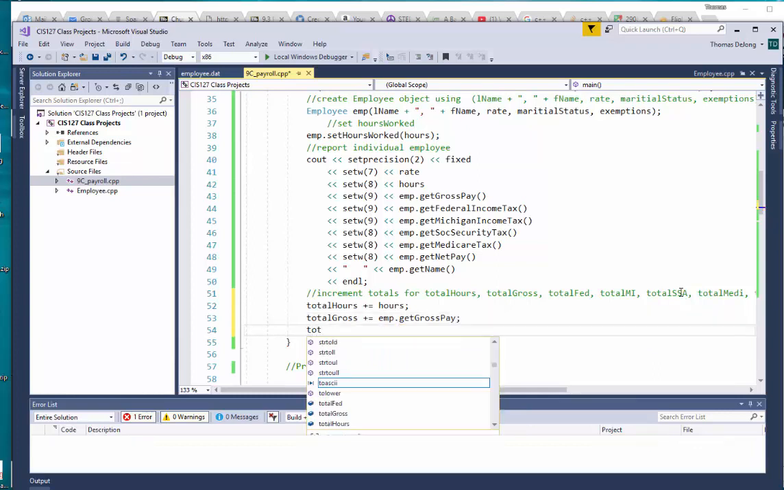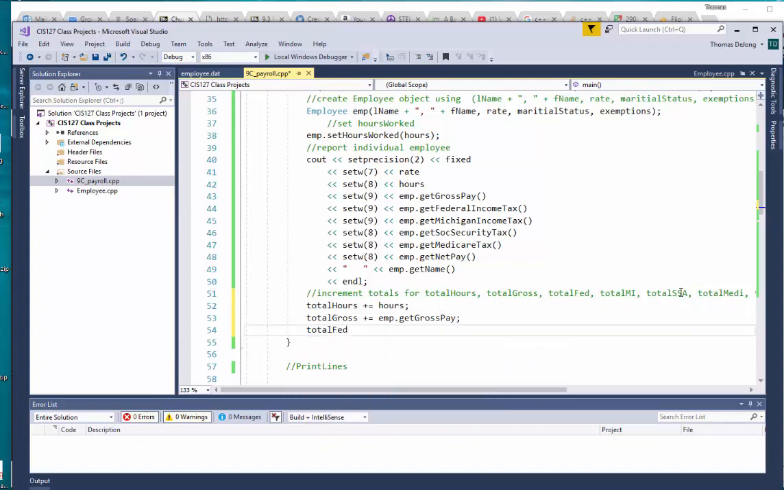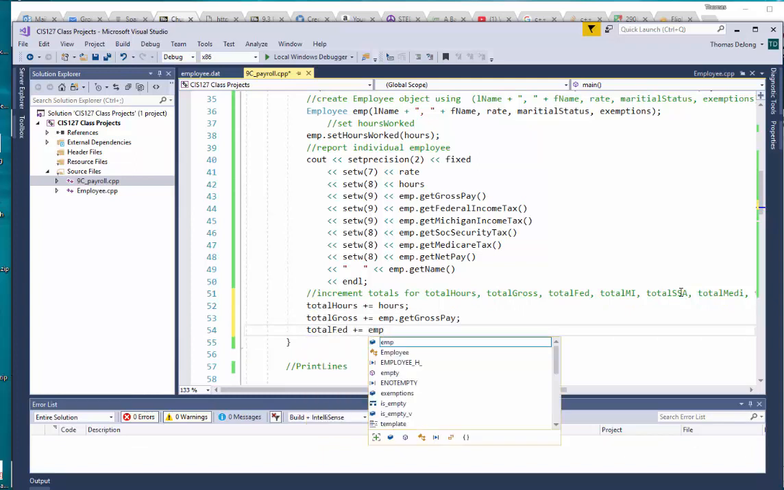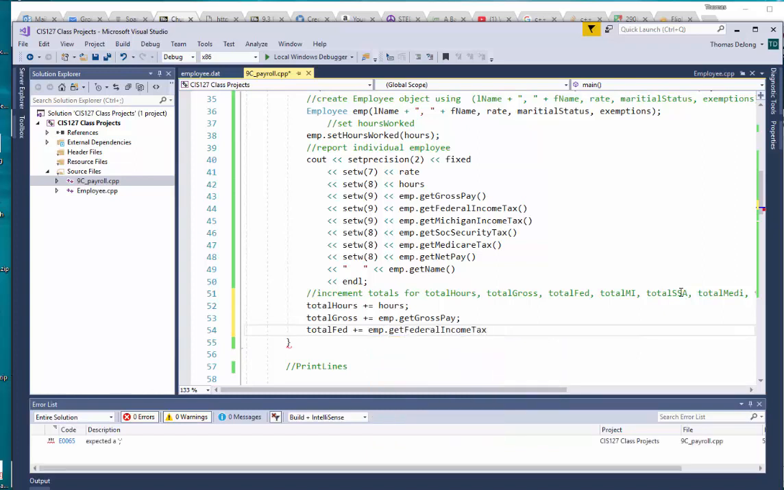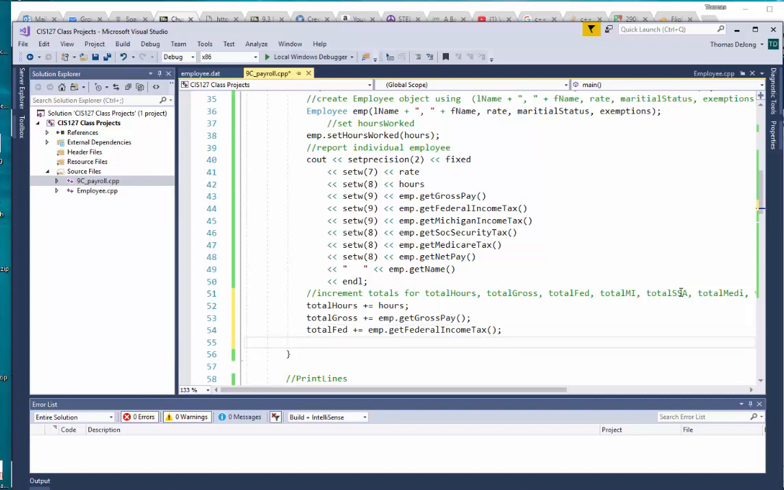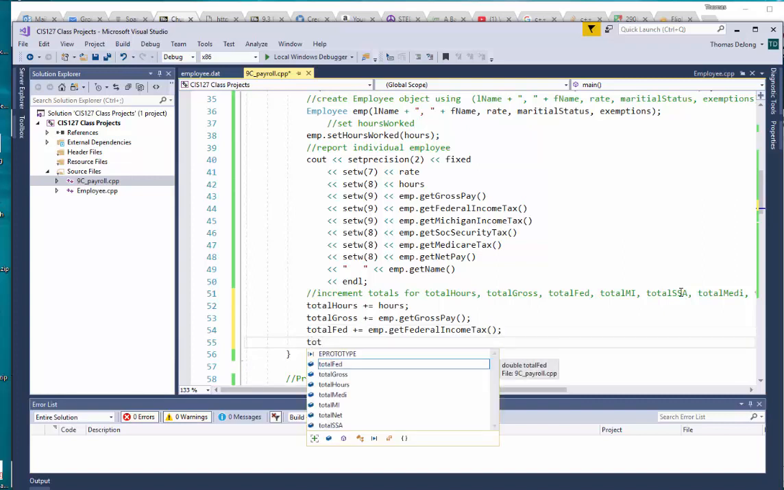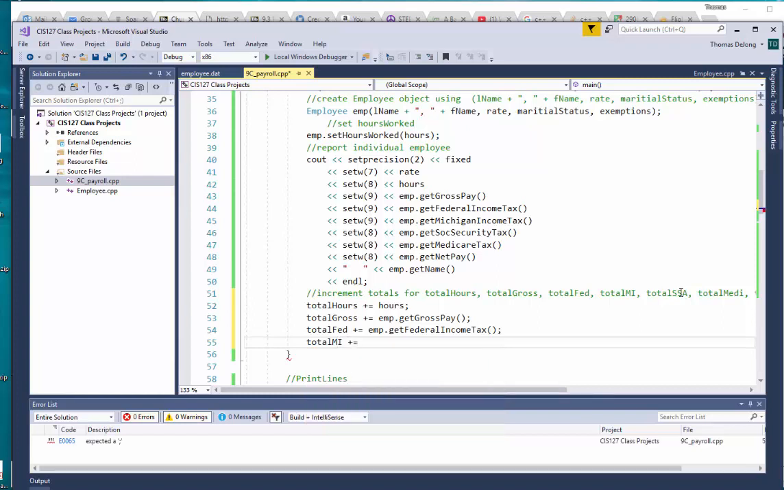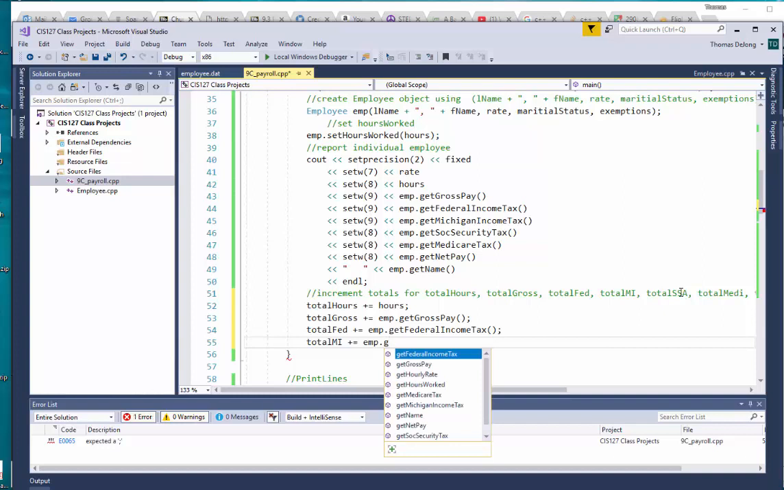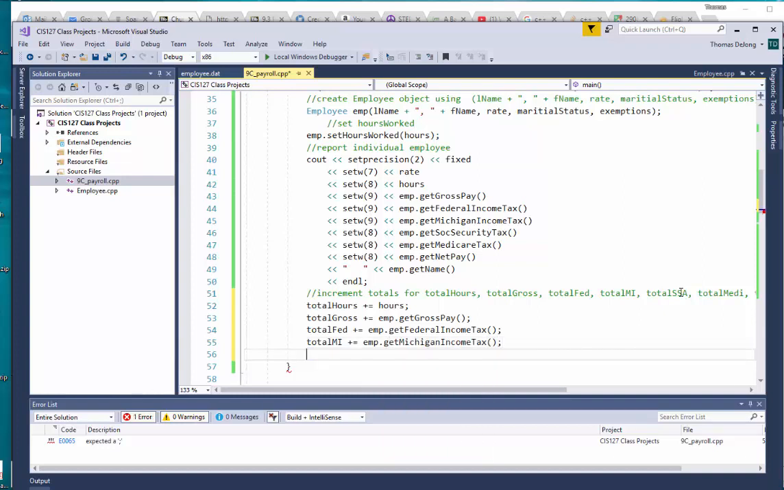And our total fed, right there it is, plus equals emp.get federal income tax, right there, semicolon. Okay, don't forget your parentheses here. You'll get an error otherwise, just like that. Okay, our total MI, right there it is, plus equals emp.get Michigan, right there, semicolon,